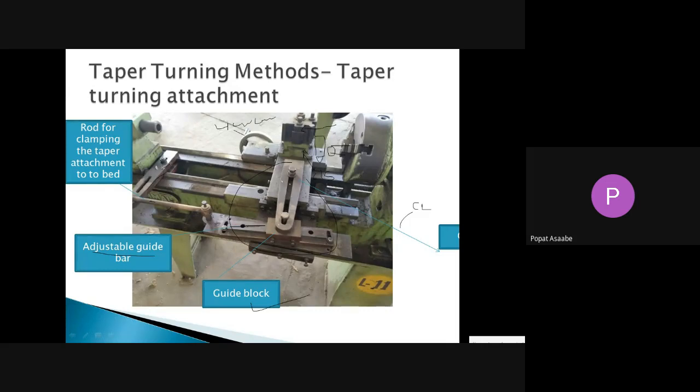हे बेडला आपण इथं फिक्स केलेला आहे. ओके, now what is the operation, what is the working of this attachment. आपण काय करणार आहे, फर्स्ट स्टेप काय करणार आहोत यामध्ये, first we have to disengage this cross slide. ओके, म्हणजे काय करून घ्यायचे, याच्यामध्ये क्रॉस स्लाइड पहिल्यांदा डिसएंगेज करून घ्यायचे.